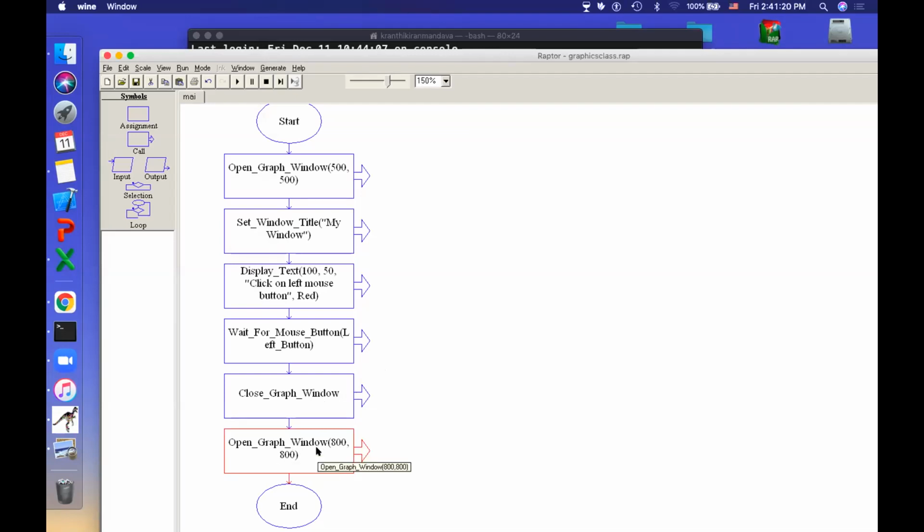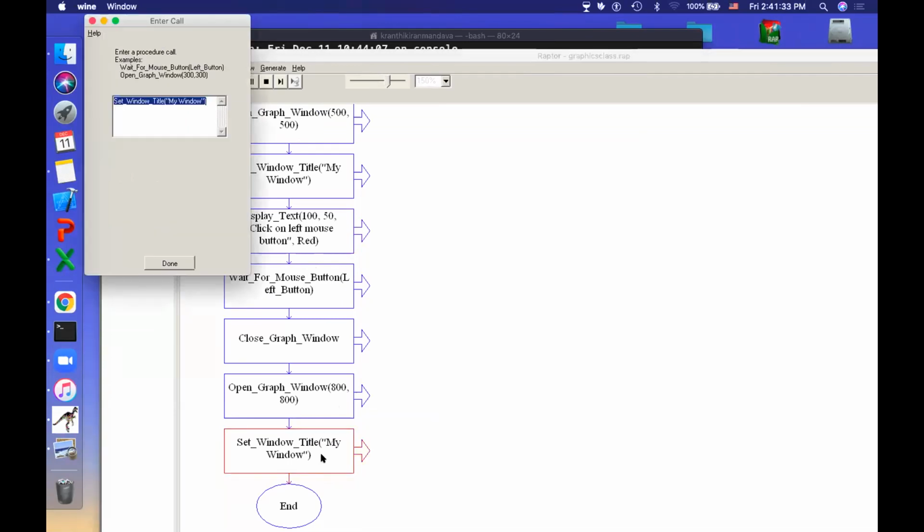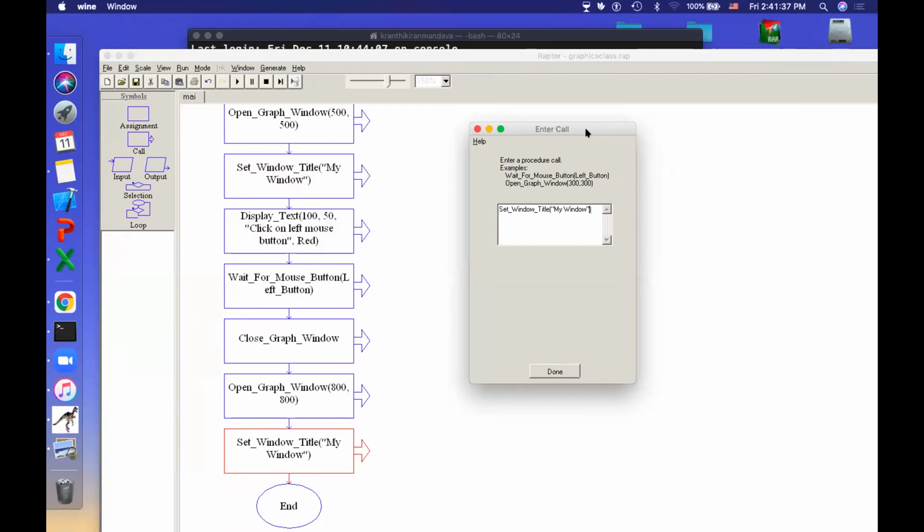Okay. So after this, I will copy the same thing, and this time I will set the title as my circle. Okay, so this one will be my circle.